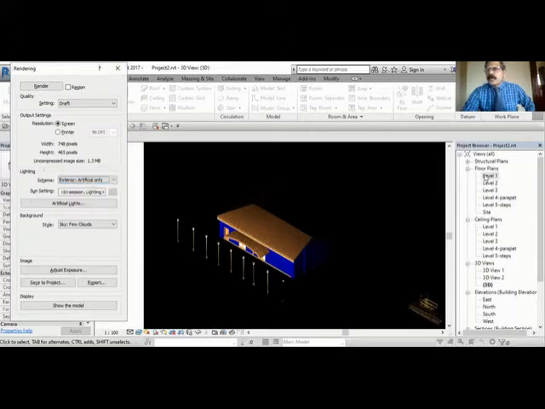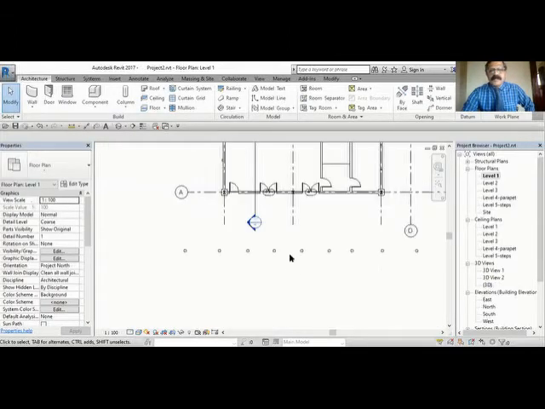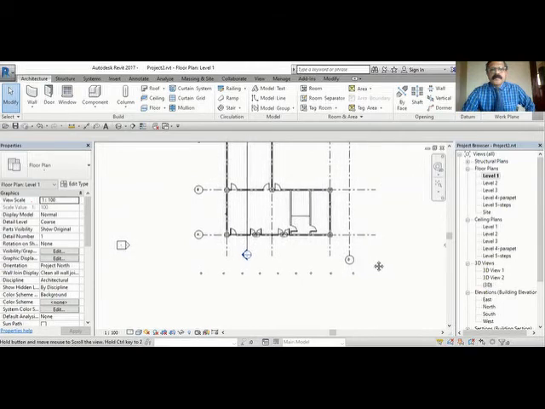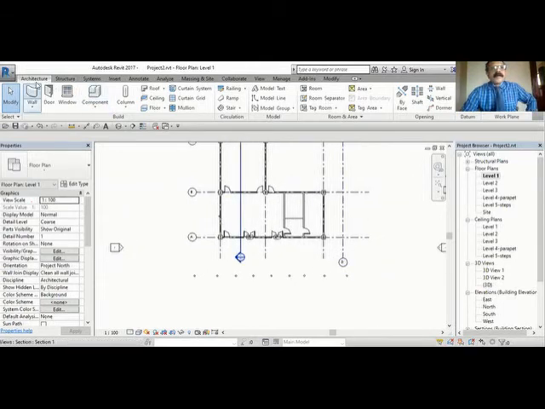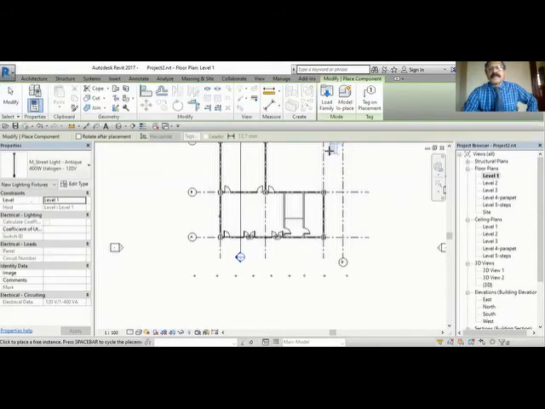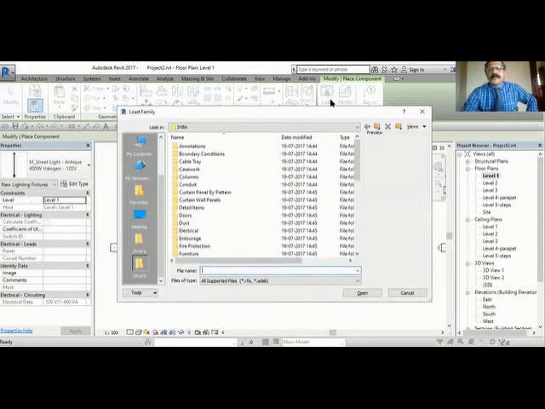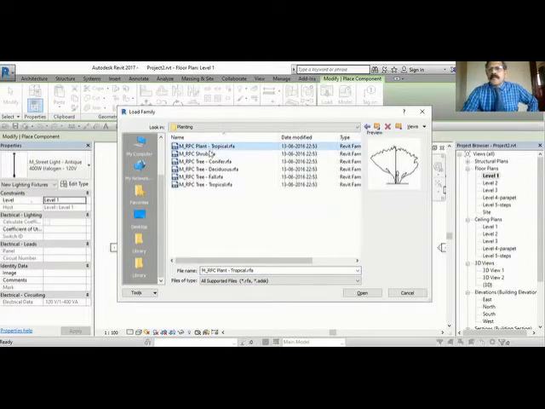We'll go to floor plan. We'll put some trees and see what happens. So again, architecture, component, place component, load family. Okay. So you can see planting. We'll put one here.